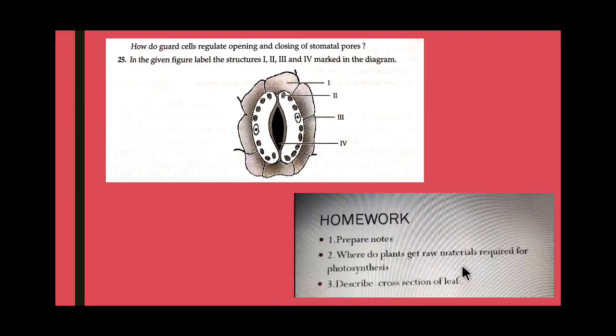Now, describe the cross section of a leaf. We have already seen the cross section of a leaf. Now one thing I want to make clear: if this is of 3 marks, please kindly at least label 3 parts of the cross section of the leaf. Though there are many, you must at least label 3 and then describe them in points. All the points should be in a descriptive manner. Means if you are dealing with the epidermis, then you write the lower epidermal layer and the upper epidermal layer. Then with the waxy cuticle, everything should be written.